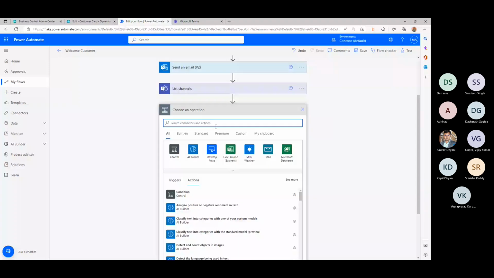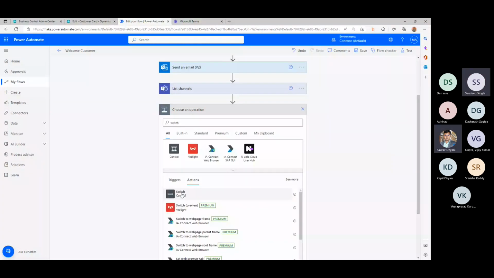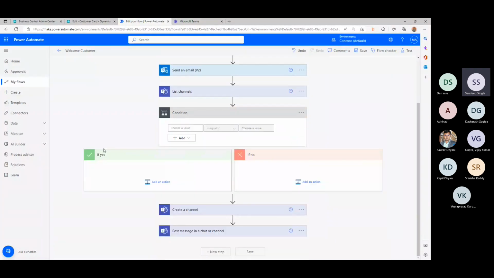We said switch. Okay, let's do a switch. If I remember it, switch always takes a fixed value. You can't do a dynamic value, so let's do a control, because we use it for finding some numerical values when I tried it.